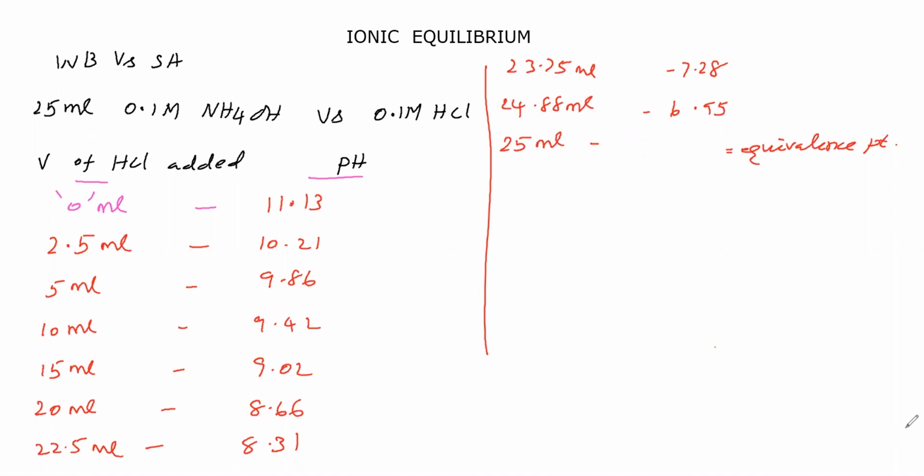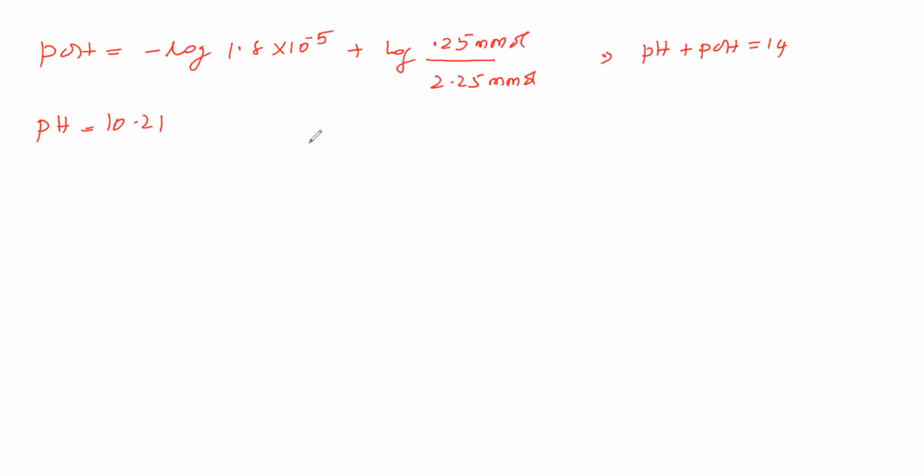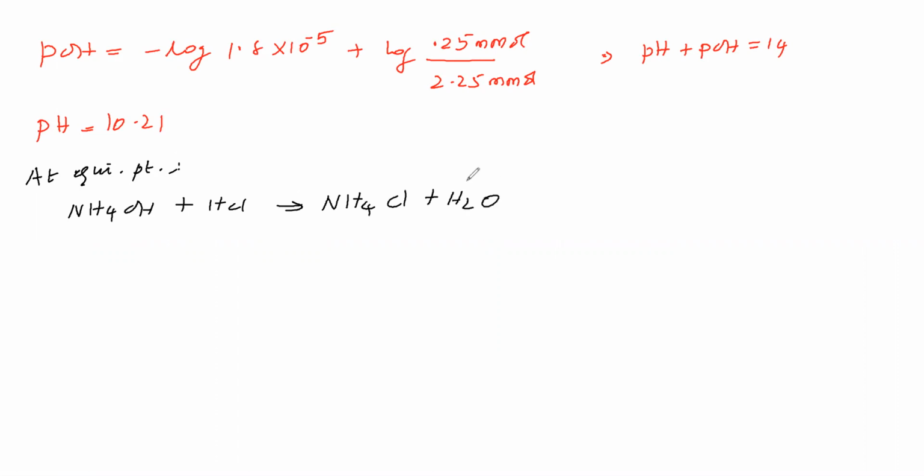At the equivalence point, what is the pH that we have to see? Okay, so now we have reached the equivalence point. At the equivalence point, is it possible to calculate pH? That we'll see. So ammonium hydroxide reacted with HCl and gave ammonium chloride and water. Initially, how much ammonium hydroxide did we take? 2.5 millimole we have taken. 25 ml of ammonium hydroxide solution, concentration 0.1 molar. On multiplying, we got 2.5 millimole.